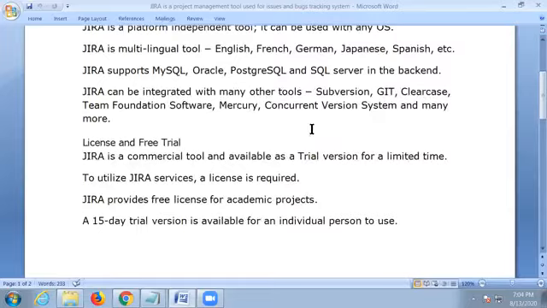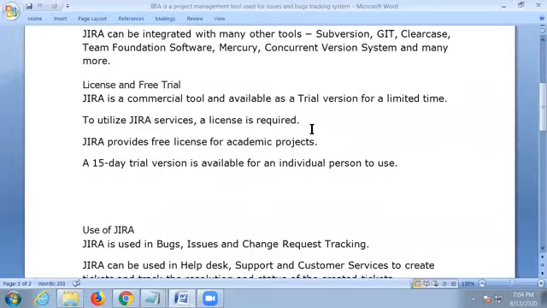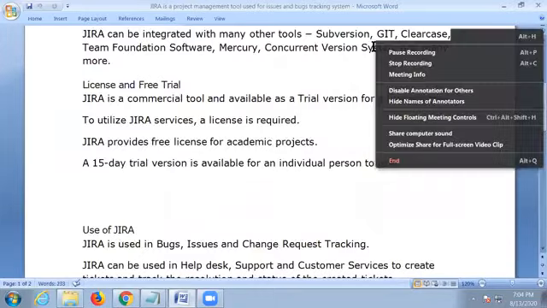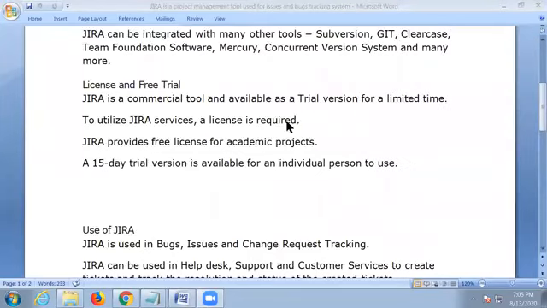And one more thing is, Jira is not open source. Jira is a commercial tool. The company has to pay a license for that, and it's available for trial purposes. We can use it for a limited time. So to utilize Jira services, a license is required. Jira provides a free license for academic projects for 15 days, but I'm going to provide you